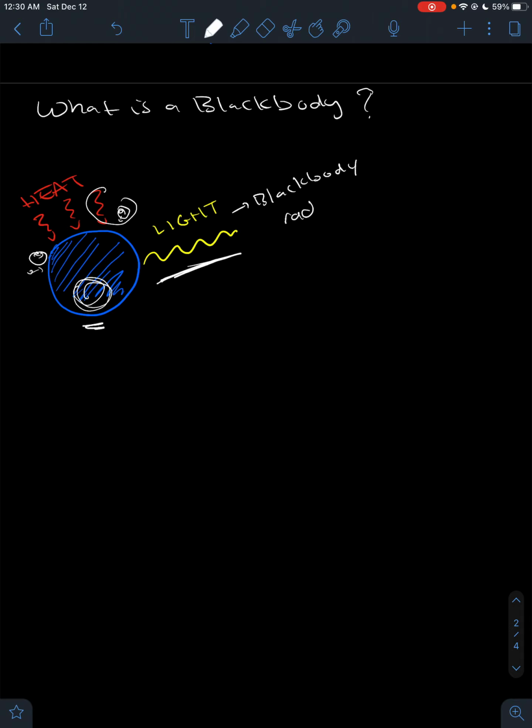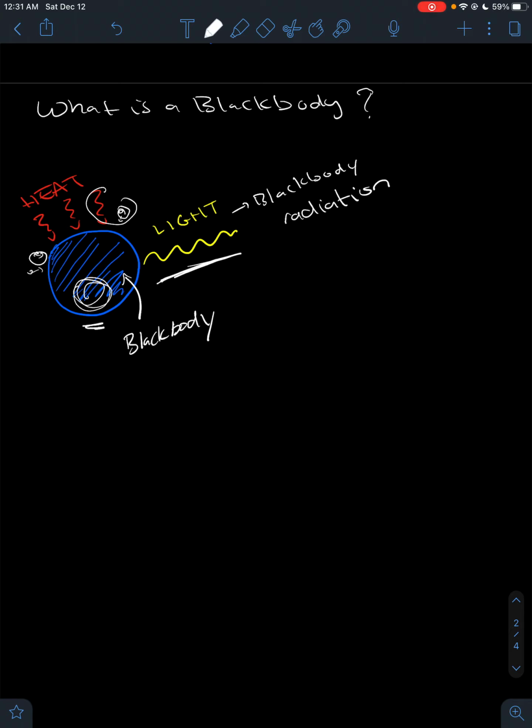Radiation is just a form of light. It isn't anything spooky, except for some kinds of radiation, like gamma rays and stuff. And this object that gains heat and releases light is called a black body. Though the name is kind of misleading, it does not have to be black. It's just that black objects are the best black bodies, since they actually emit all wavelengths of light, all wavelengths of visible light, that is.